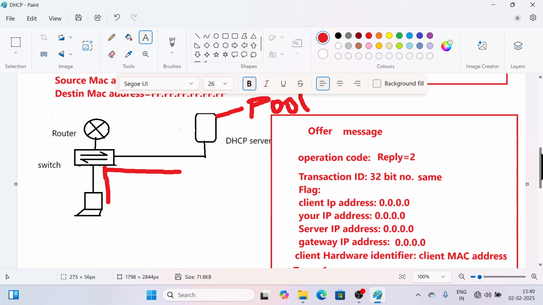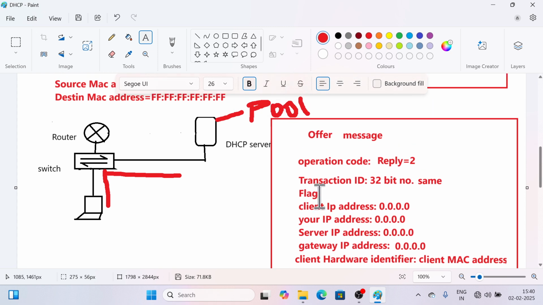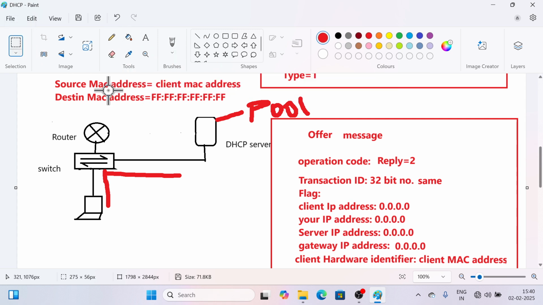Unicast means 0. The client IP address is still 0.0.0.0 only. Why 0.0.0.0? Because it's still not confirmed. The client has not started using the IP address, so the client IP address will be 0.0.0.0,